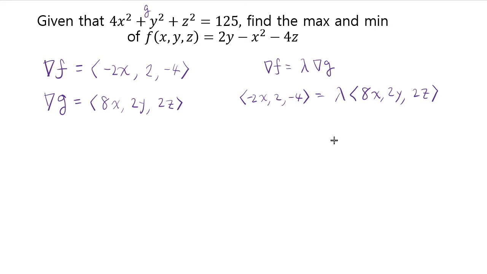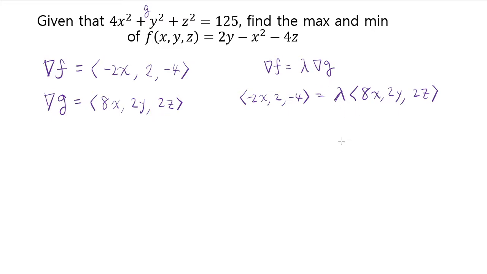And the trouble with this is that having lambda multiplied to x and then y and z makes it harder to solve. And if you proceed like this,